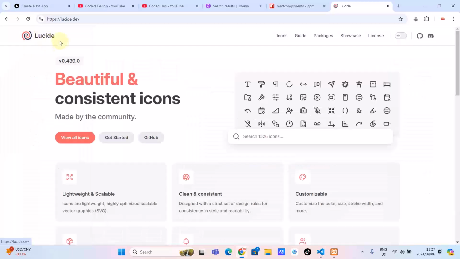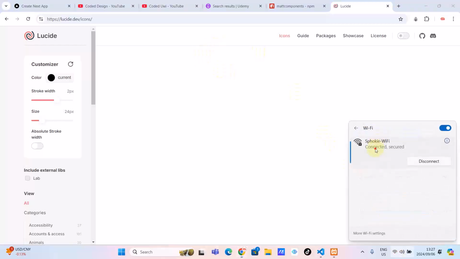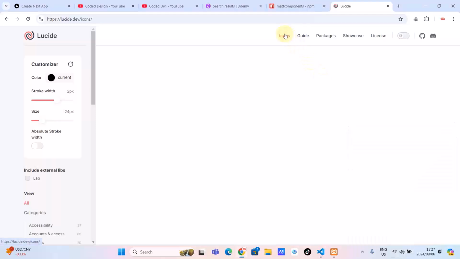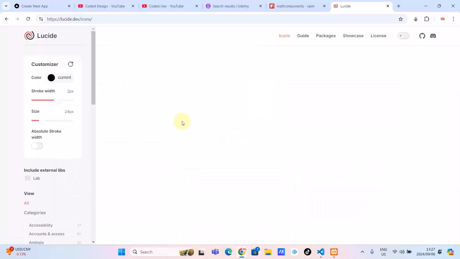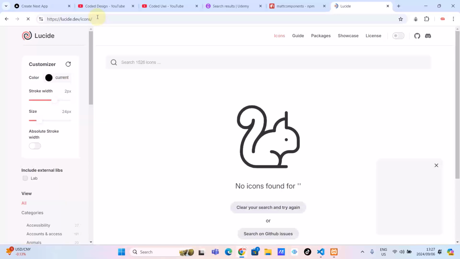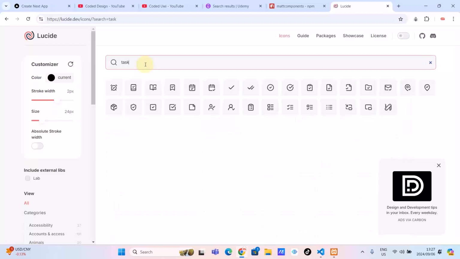Let me go home here and let me go to icons. Why is it slow? Is it my internet or what? I'm not sure. Maybe I have pressed customize, and now I don't know where I am. Refresh. Okay, task. Cool. And then from there,